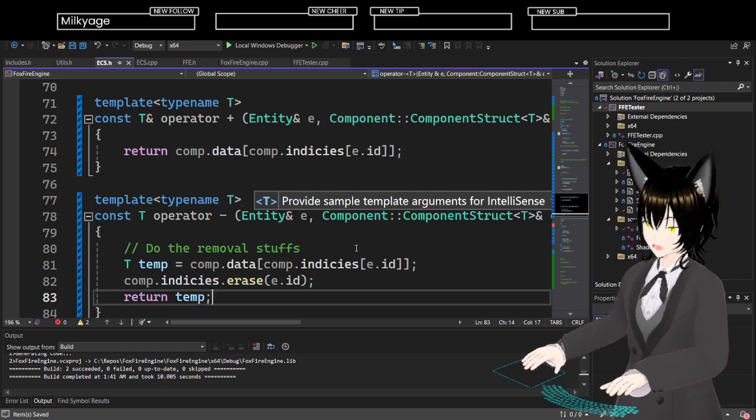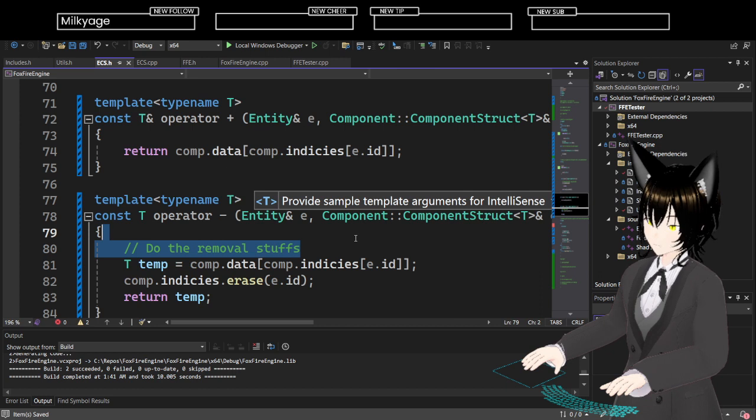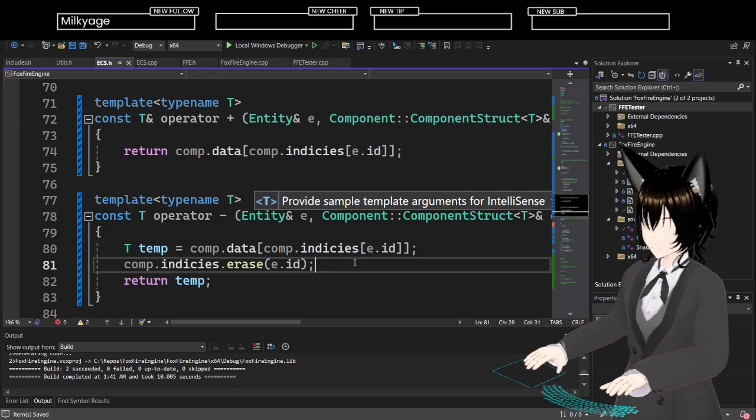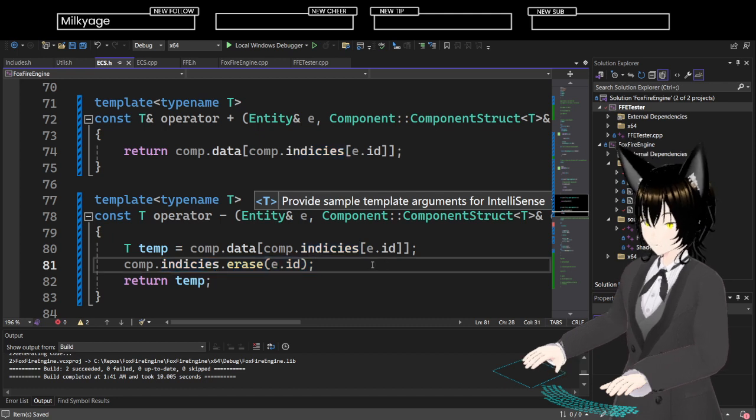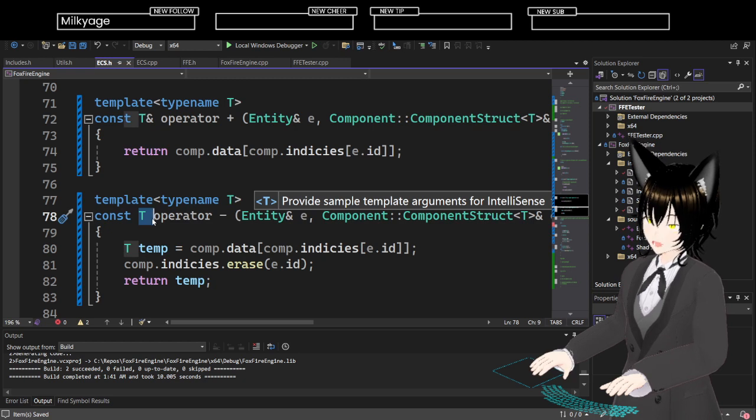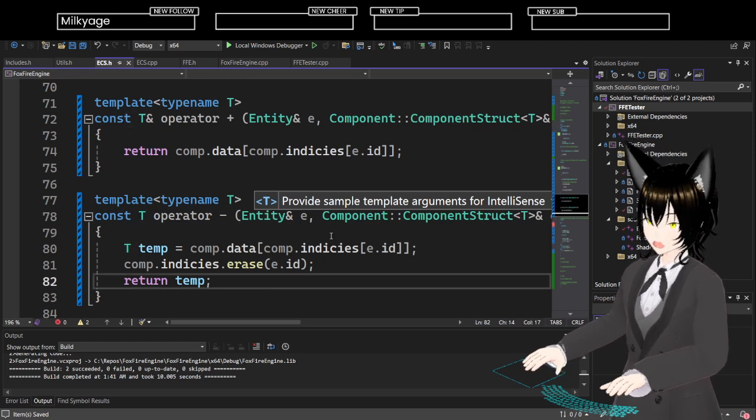That way we remove the entry in the indices, but we also get a copy of whatever it was, because I don't know what it would be.